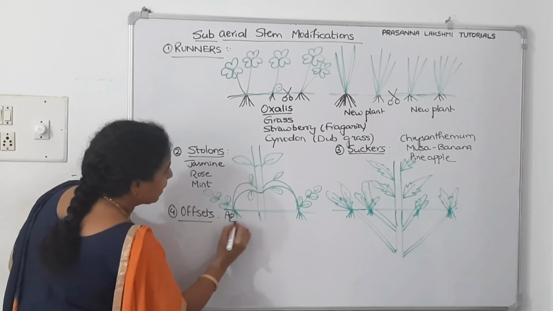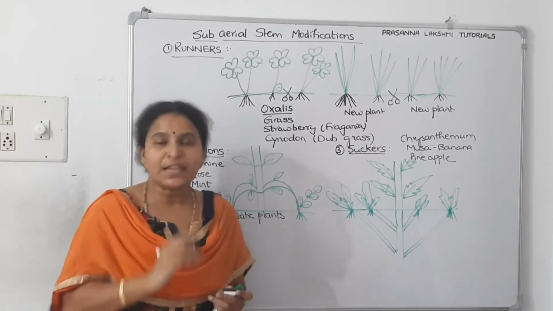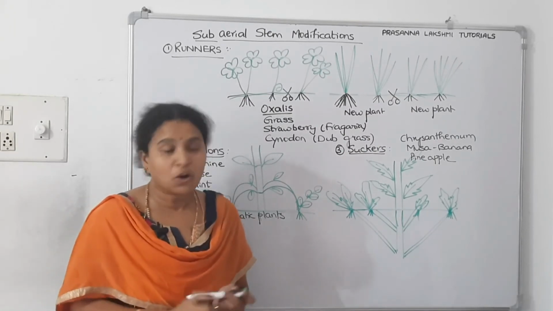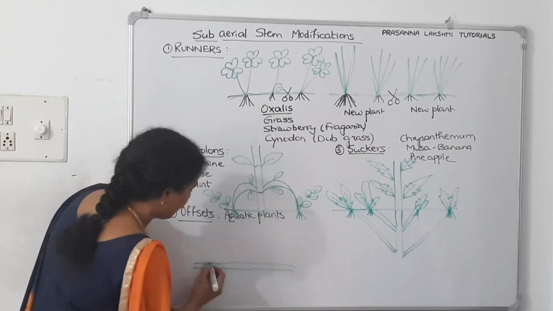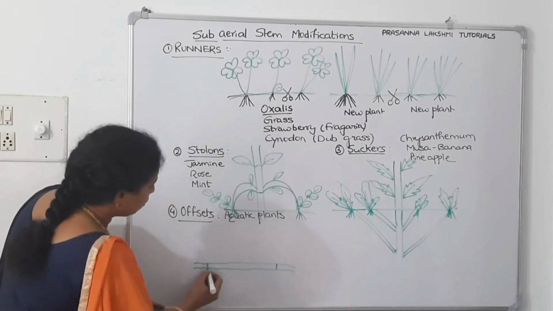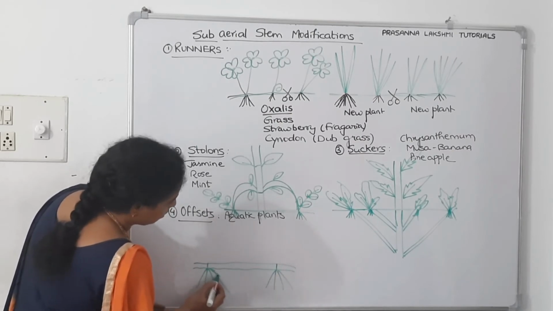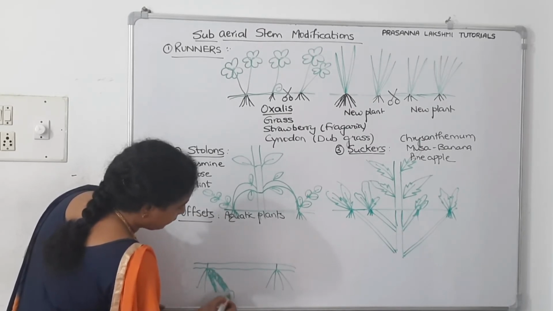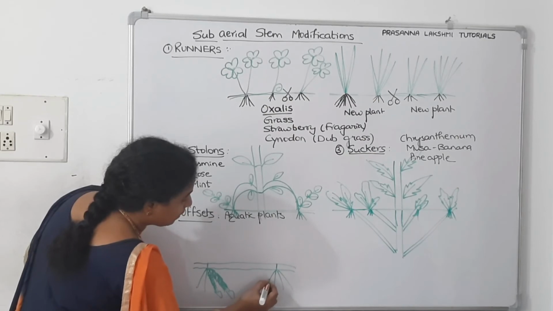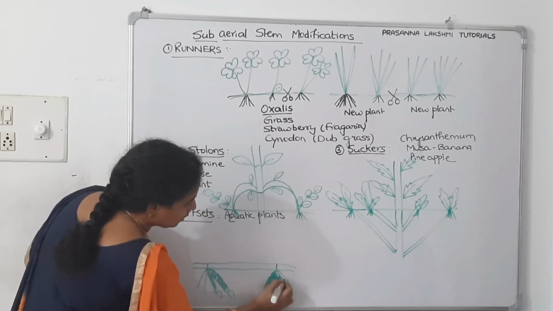Offsets are aquatic plants. They are floating aquatic plants. The examples are Pistia and Eichhornia. So Pistia, this is a floating stem. Here is a node and here is a node. So it has floating roots, a tuft of floating roots. These are the floating roots of Pistia. Balancing roots we say, with root pockets. They don't have root caps. We discussed it in the root topic. So these are the floating balancing roots with root pockets.